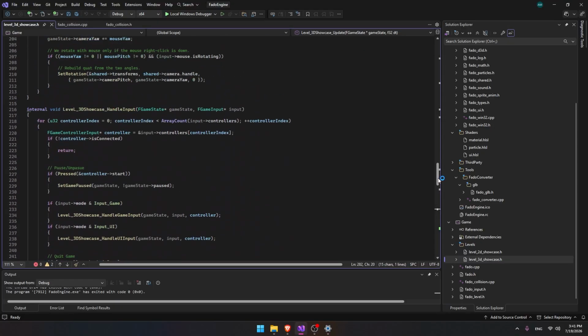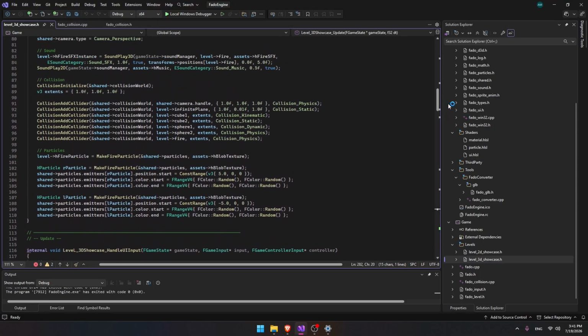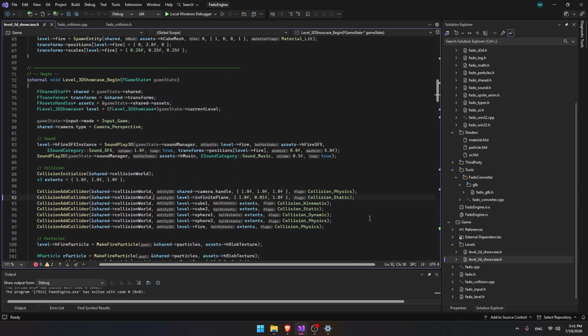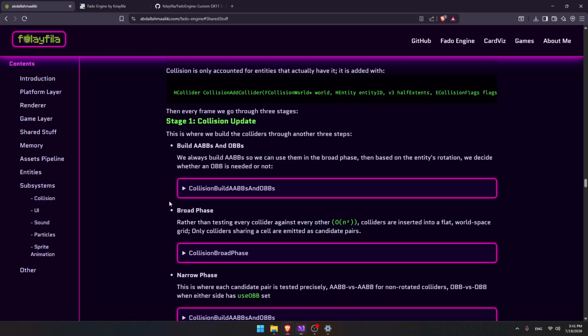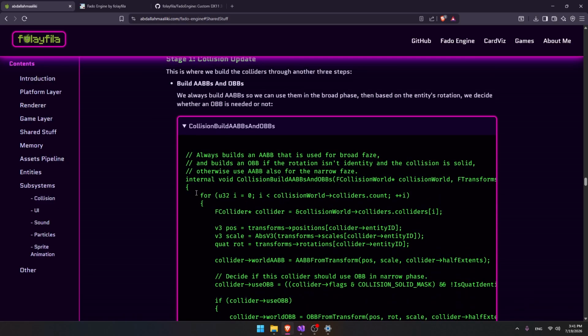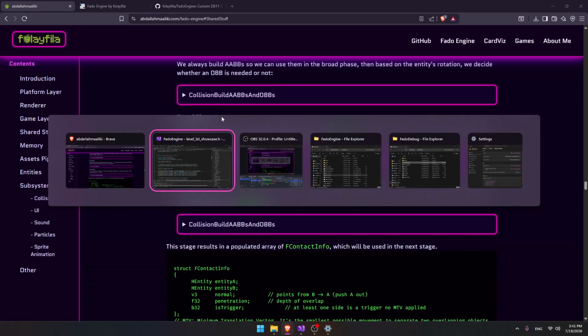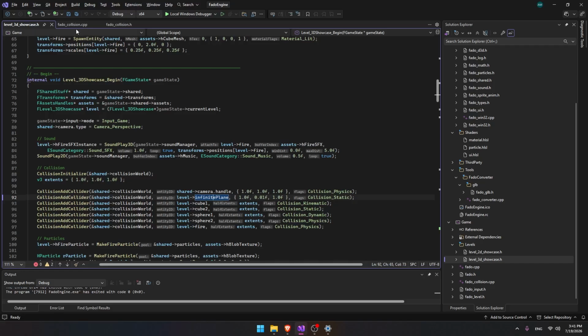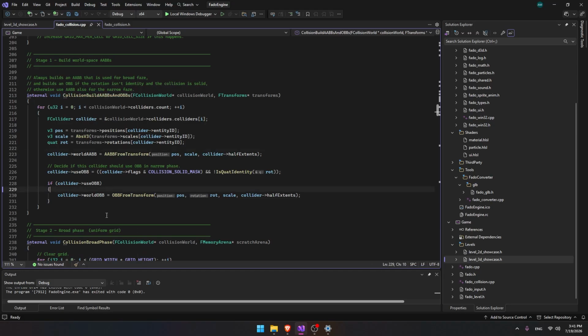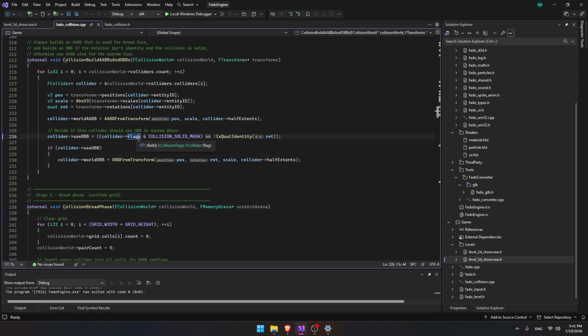So for example, here in our begin, we're adding colliders for the entities that need collision. And here we always build axis aligned boxes because they're the simplest and they're used in our next stage, which is the broad phase. But it's worth mentioning that if an entity is rotated, it's also optional. I can change this, but for now, if an entity is rotating and actually has a collision, then we